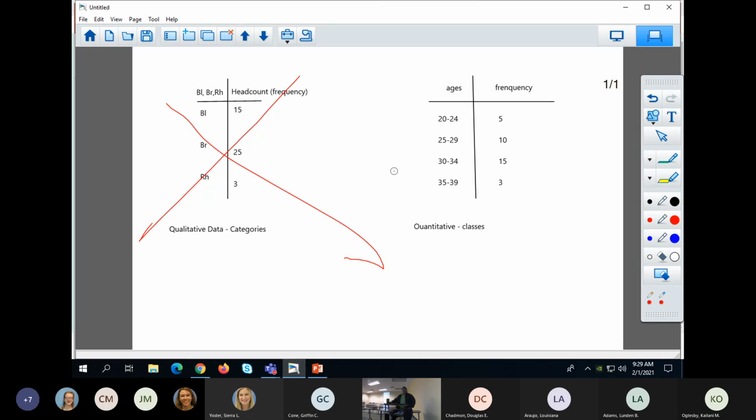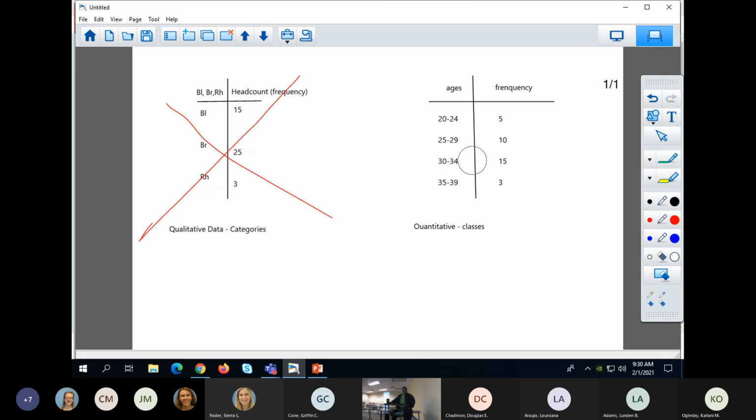What's the average of blondes, brunettes, and redheads? You can't do that. But you can find the mean age. Now, we're not going to do that in here because just the formula for doing that would scare some people, make them drop slip. But you can find the mean and the standard deviation of this